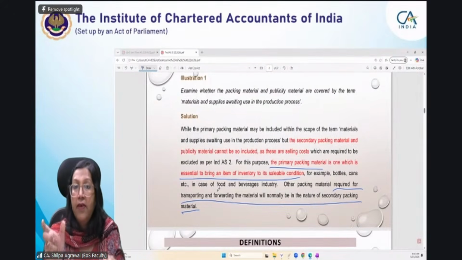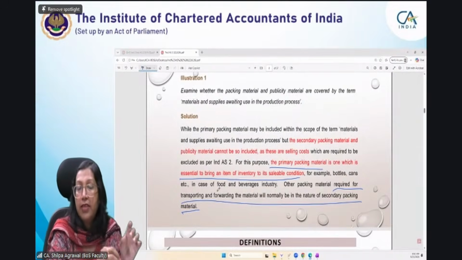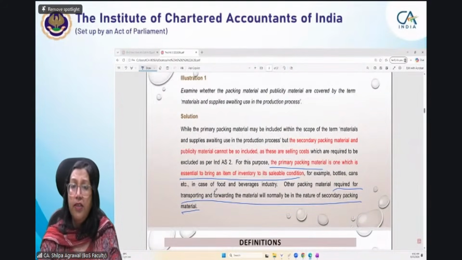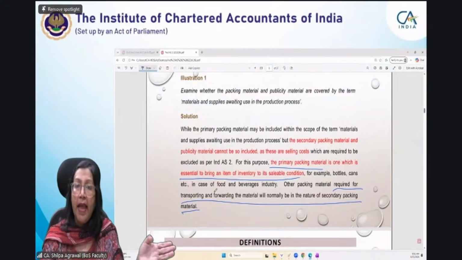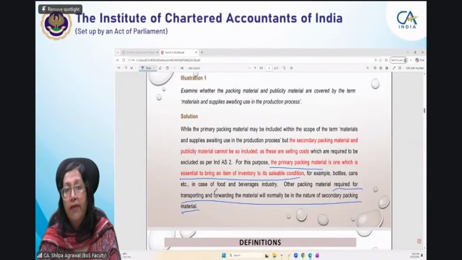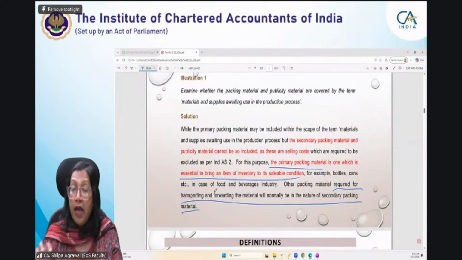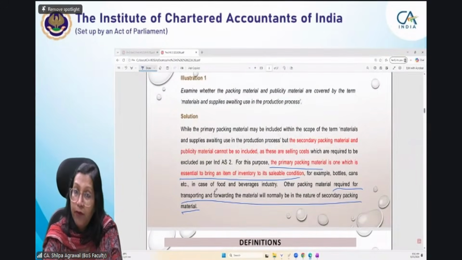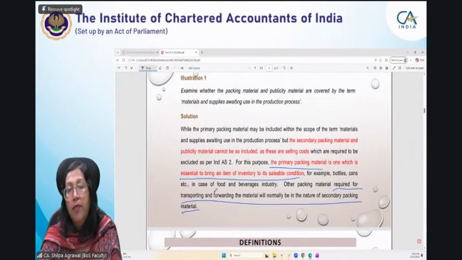We cannot say there is one single inventory. There is a separate inventory of glass bottles, and a separate inventory of the product which they are going to sell to you. Like jute bags in case of rice or wheat. In general, the small packings we don't return. For a big packet, the dealer may buy it again, but small packets we don't return. So definitely they are inventories, along with that particular item which you are going to consume or buy. Inventory for the manufacturer for sure, because they have to keep that also in store and use it with the main product as and when they are manufacturing and selling it.